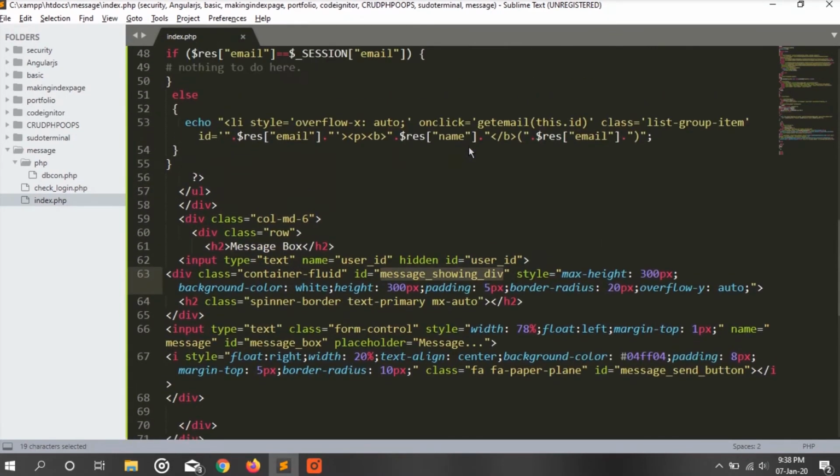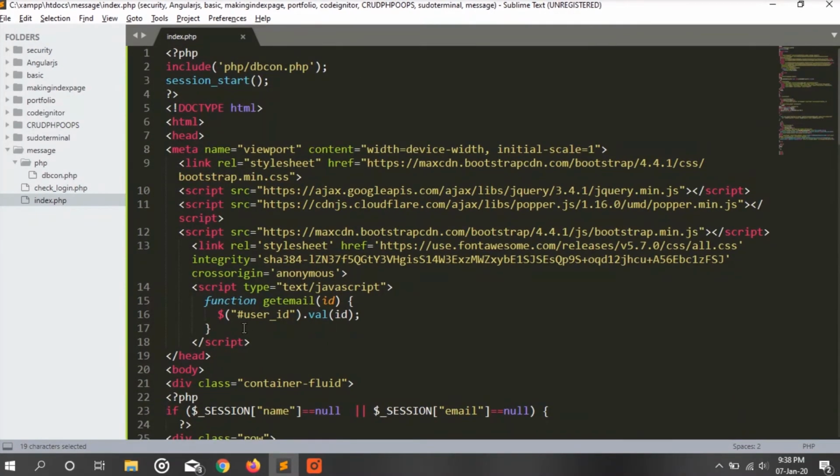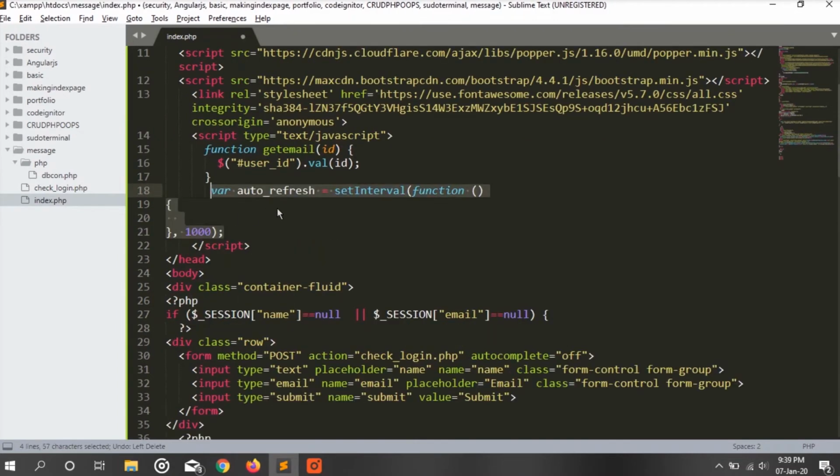Now we have the email, so we are going to create a function which calls itself at a time interval, and in that interval it refreshes itself and gets the data from the server, which is the messages stored in the database.